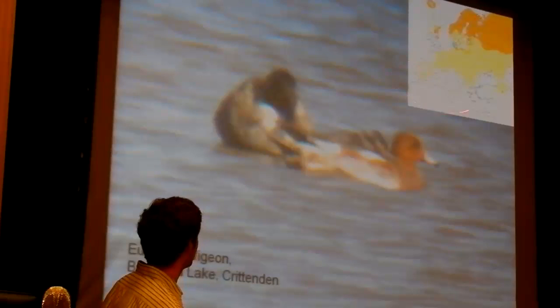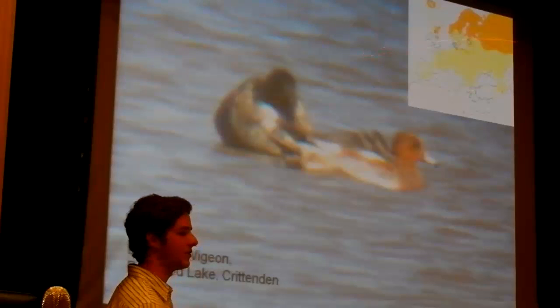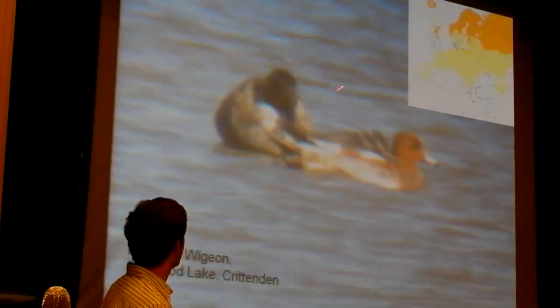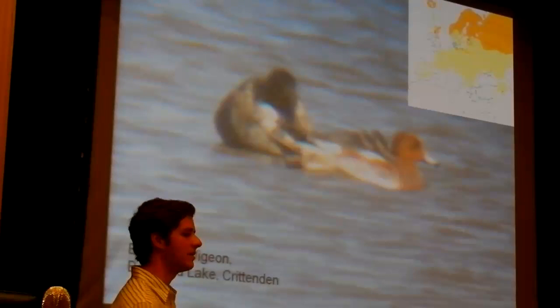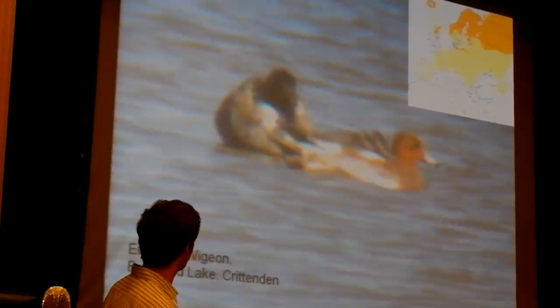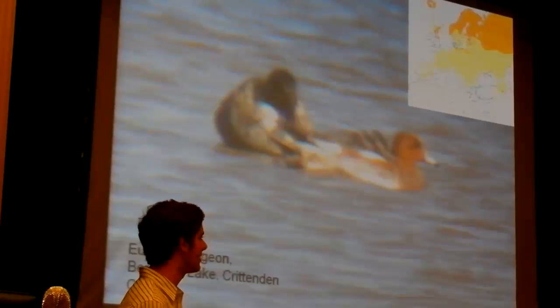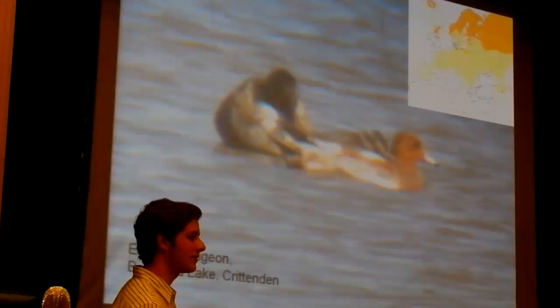As you can see, they have an extensive range in Europe. And it doesn't show it on this map, but they go all the way over to East Russia, Asia, but the United States range, I don't want to say that they're common in winter on the West Coast, but they're a heck of a lot more common on the West Coast in winter than